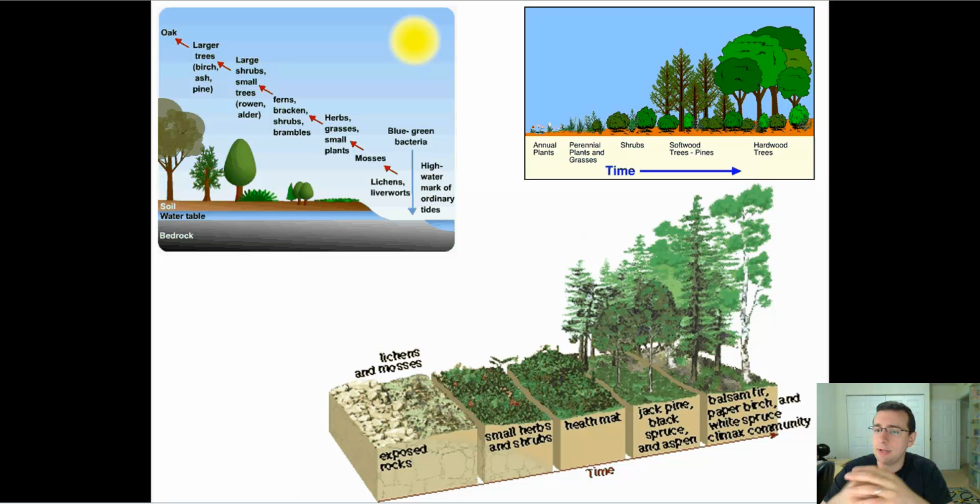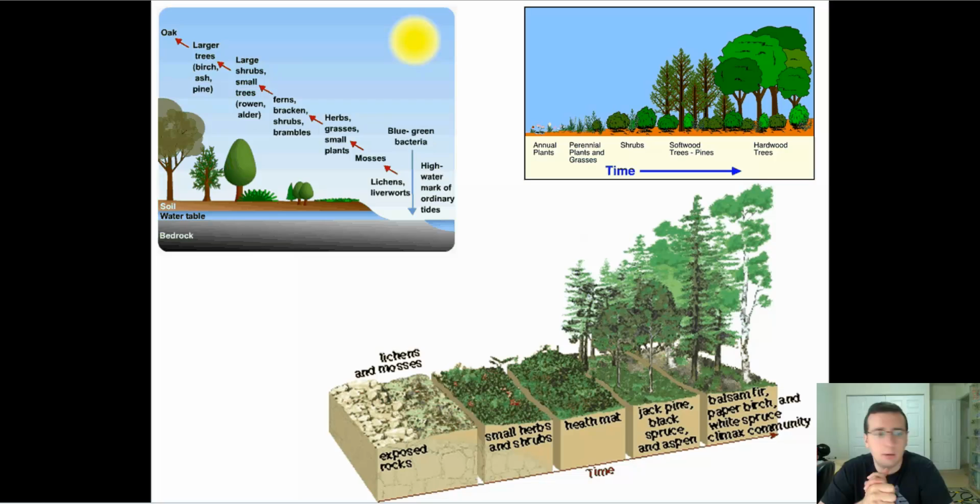And this is a process that takes some time to happen, but it's faster than you actually think it does. In some cases, it can happen within a matter of a decade. The ecosystem can change completely. Of course, it will take much longer than that for the really, really tall trees to get as tall as they could possibly get. But basically, you start with no soil, and then the pioneer species like lichens and liverworts